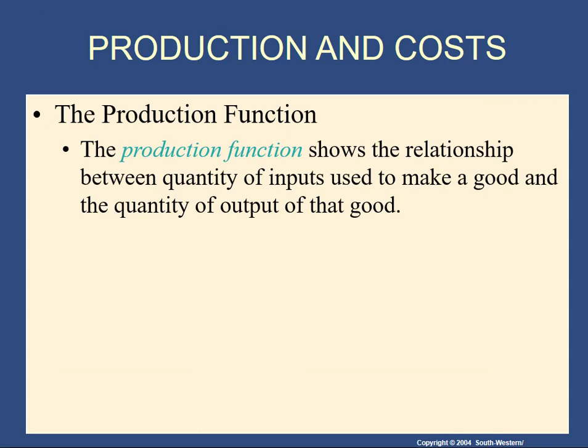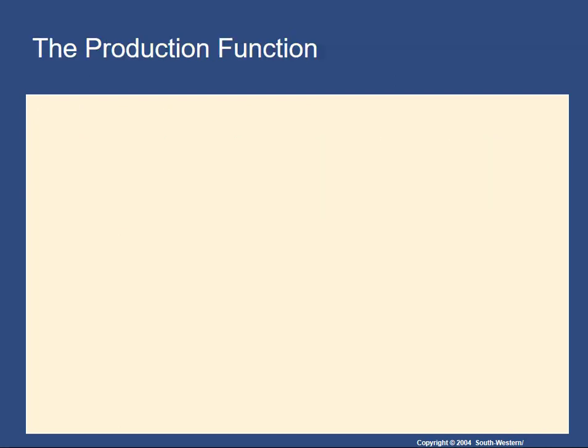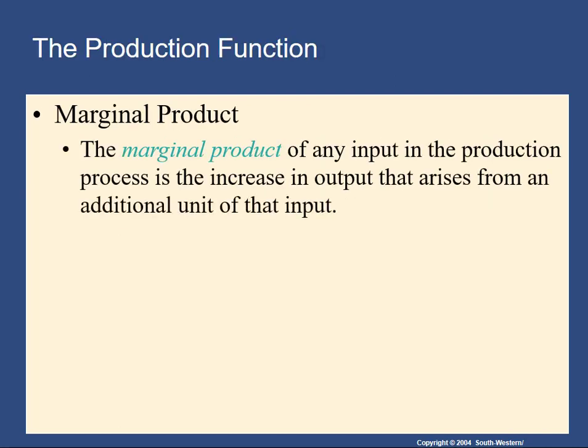Okay, so in order to talk about why it is that firms produce more output when prices rise, we have to talk a little bit about their capacity to produce. So we introduced this idea of this production function, and it shows the relationship between the quantity of inputs used and the quantity of an output that's produced. So what we're going to do is focus on the marginal product, which is how the production function changes its slope as more and more of the variable input is used.